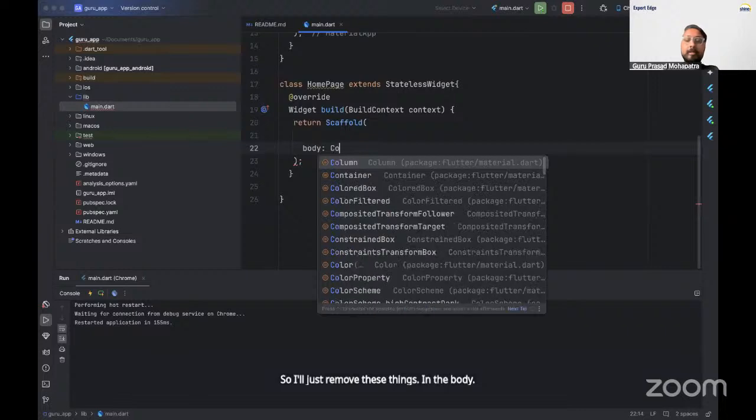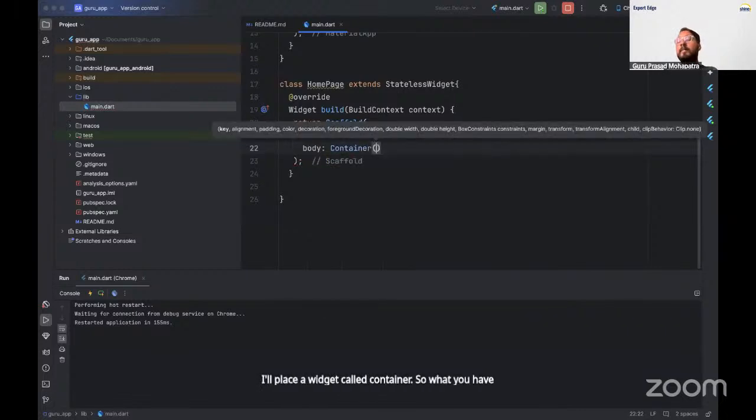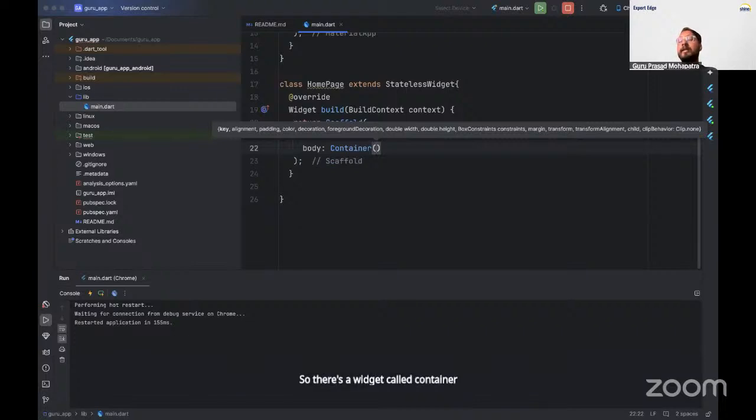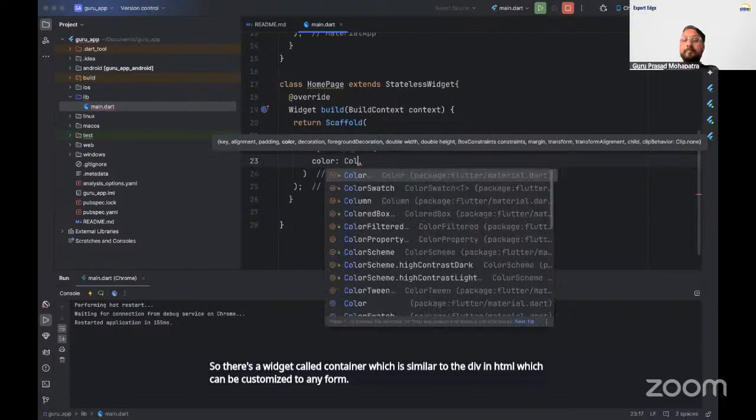I'll place a widget called container. After your classes, you have to learn different widgets and their work, and you can use them everywhere. A container is similar to the div in HTML, which can be customized to any form. So I'll put color